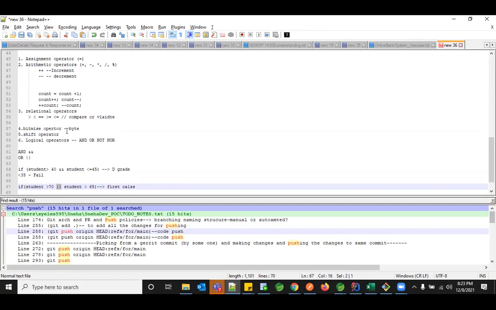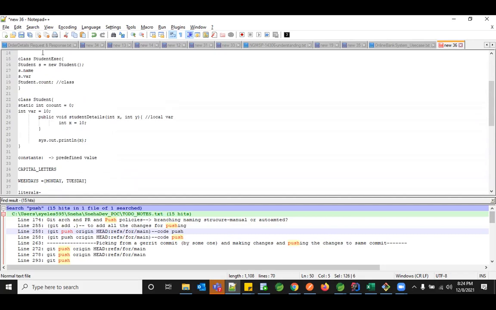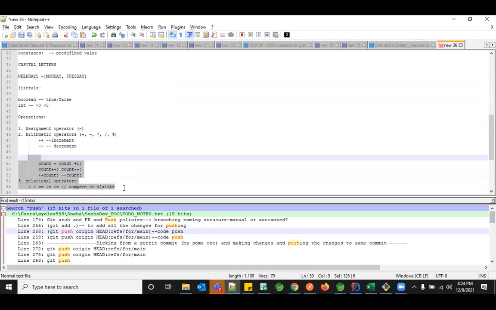For the shift operator part, I don't want to start right now. It basically deals with bits transformation, but there might be questions for you if you're planning to write certification on shift operator and logical operator. So I can cover that in the next class. But right now, to start with your online bank app, to do some kind of calculations, we are good enough to use these operators, and good enough to have these variable references. And then the next one is your conditional loops. So let me come to that.